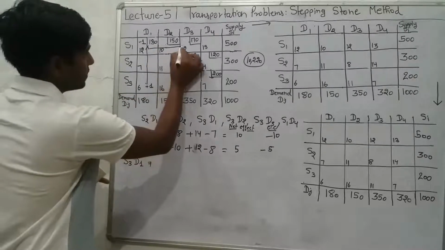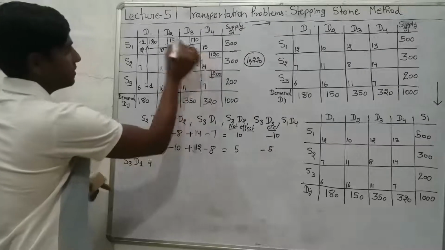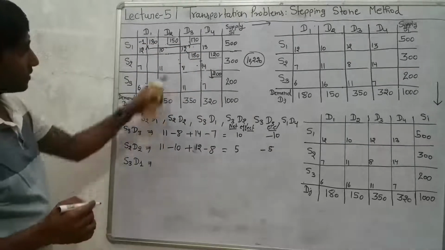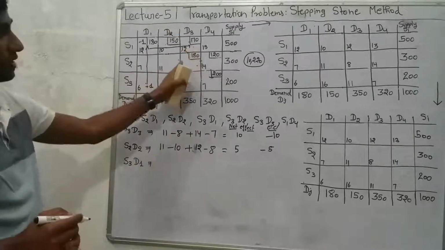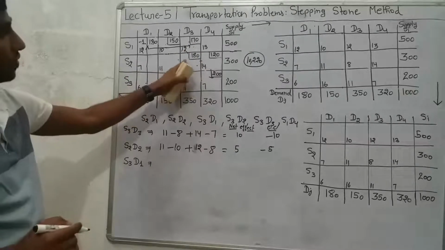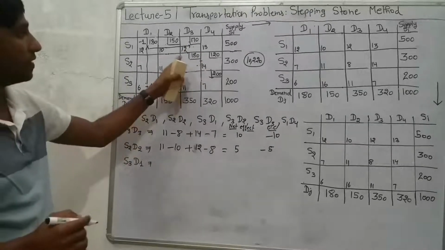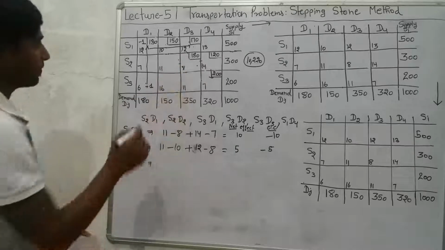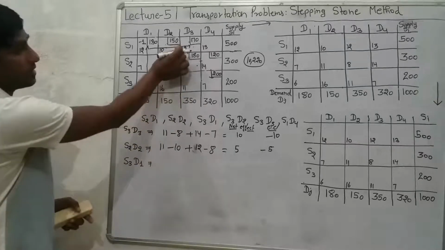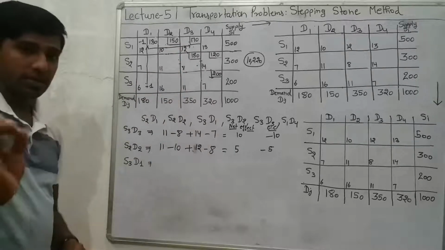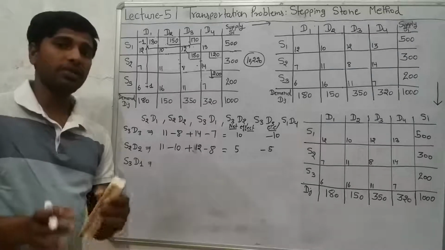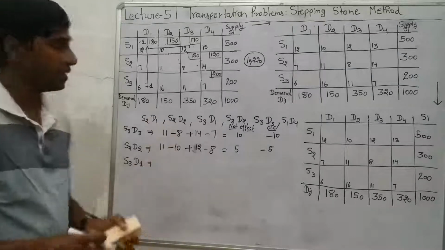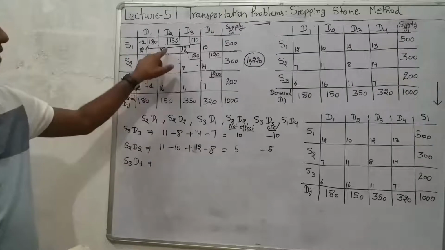We have to continue our path to this cell. Because after going to this cell, if we take a vertical turn, we can go to an occupied cell. Okay. So we are stepping over this cell. So it is an additional rule while tracing a closed loop that you can step over an occupied